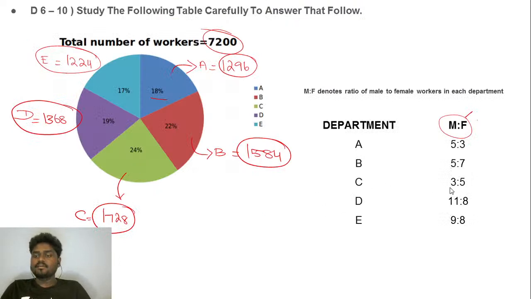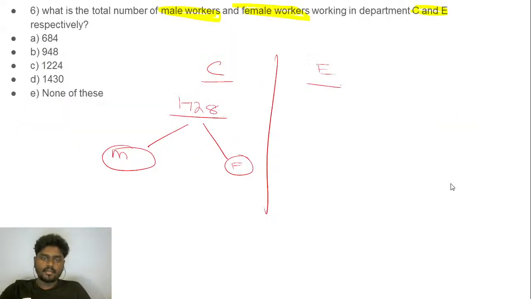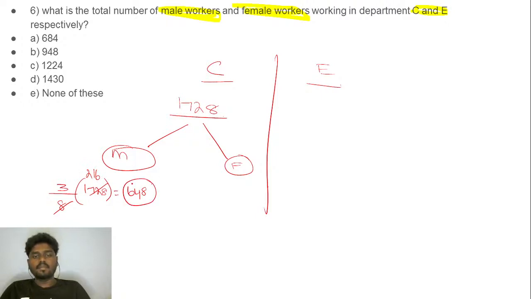In department C, 3 out of 8 parts is male, so 3 out of 8 parts of 1,728 is male. 8 goes exactly 216 times, and 216 into 3 gives 648. So we have 648 males, and if you subtract 648 from 1,728, this gives you